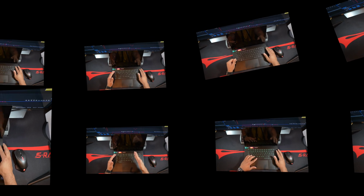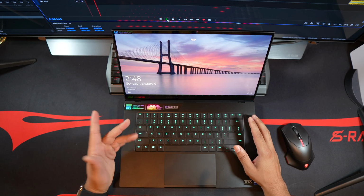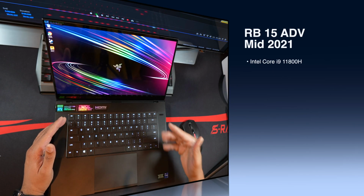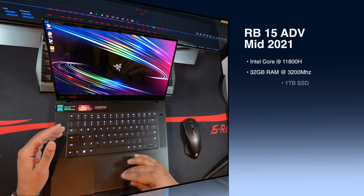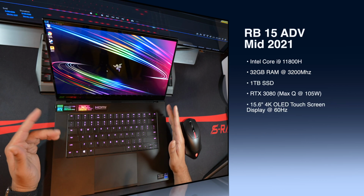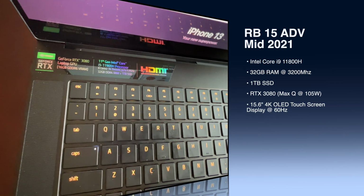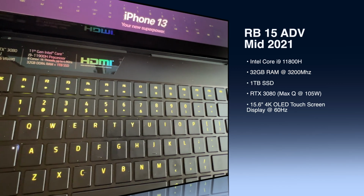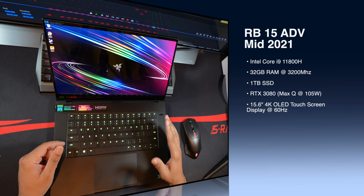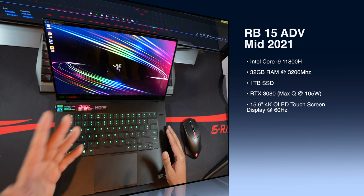Let's get it. Now, before we jump deep into the review, let's jump into these specs. This thing sports the Intel Core i9-11900H, 32 gigabytes of RAM at 3200 megahertz, a 1 terabyte SSD, the NVIDIA RTX 3080 with 16 gigabytes of VRAM, but unfortunately, folks, Razer done it to us again. It's Max-Q 3rd Gen, and I didn't even try to rhyme that, with 105 watts of maximum graphical power